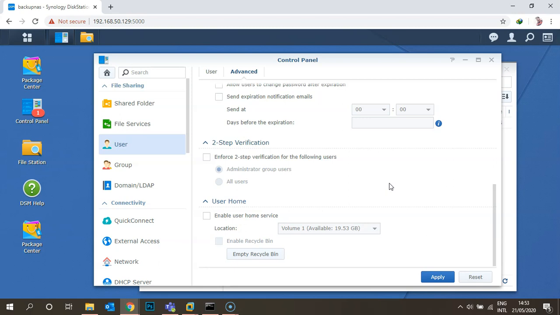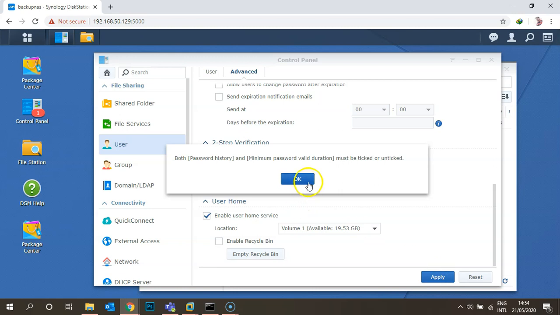Next is enable user home directory. By default it's disabled, so once the user is created, you cannot see his home directory. If you want to enable it, you need to press the enable home users button, then apply. Once you apply, you can see his home directory in your Synology account.